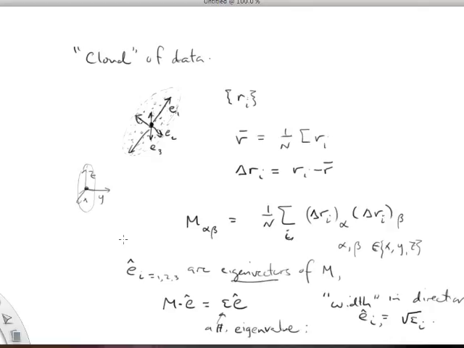Well, so the point is that Mathematica has the ability to compute eigenvectors and eigenvalues easily, given the numerical values of the matrix. So what we'll now turn to do is to show how we can take a cloud of